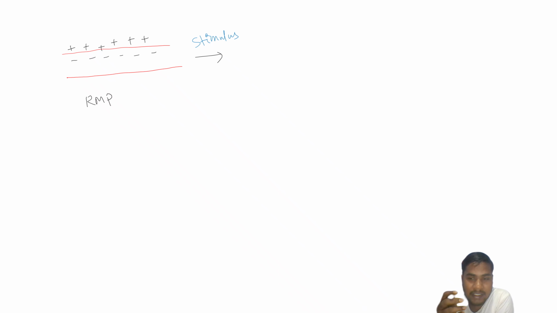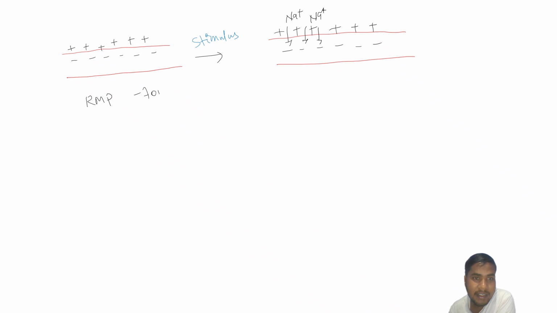Simply, the stimulus or the nerve impulse causes the local channels to open, which leads to sodium ion influx. So in that case, where there is a stimulus, since outside is positive and sodium is moving inside,